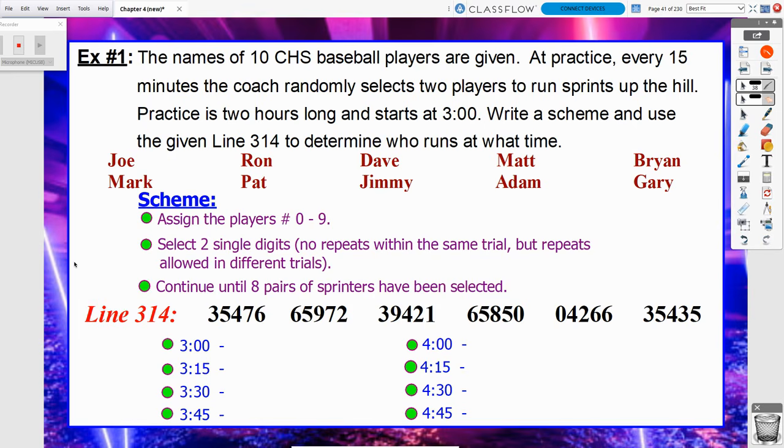And then we're going to continue this process of selecting 2 single-digit numbers until 8 pairs of sprinters have been selected. Now, what we need to do really first here is I never really assigned my players the numbers 0 through 9. And so how do I exactly assign them the numbers 0 to 9? What I could simply do is just start with Joe and call him person 0. And then Ron, he's 1, Dave's 2, Matt's 3, Brian's 4, Mark 5, Pat 6, Jimmy 7, Adam 8, and